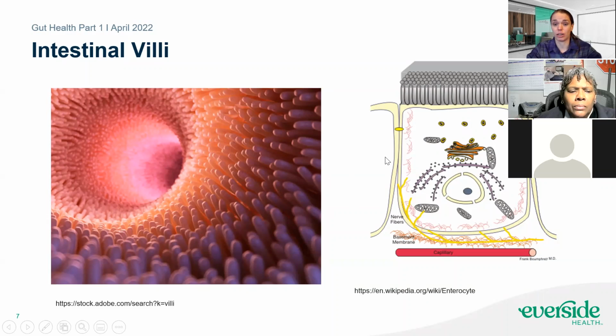Well, now it has to either manage to squeeze in through these little finger-like projections and somehow get out from the mucus, because the mucus will trap the bugs. But then you also have these tight cell junctions that act kind of like bouncers at a bar and keep the bugs from being able to get in. And as soon as the bug is able to get in, it still has to deal with the immune system cells from your blood, your immune cells inside. So pretty impressive, all of that your digestive tract can do.